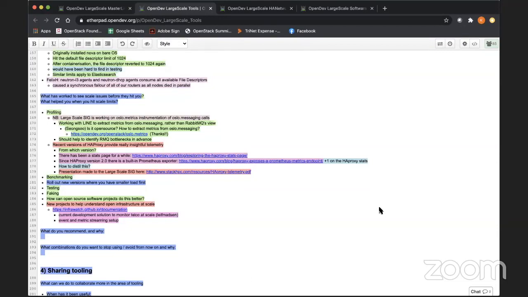I'm looking forward to others trying that framework and telling us how it's useful to them. See if that's something we should generalize for more than just Oslo messaging, but potentially Oslo DB calls and other Oslo level instrumentation of the calls that we're emitting from the various OpenStack services.